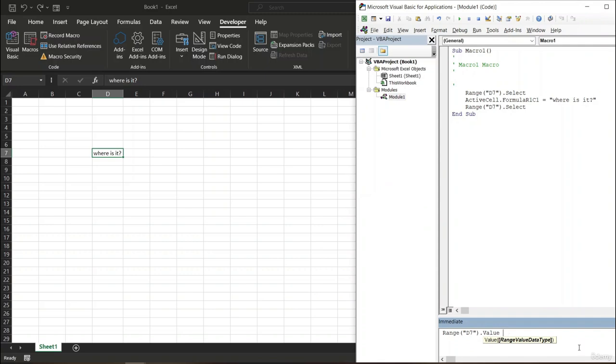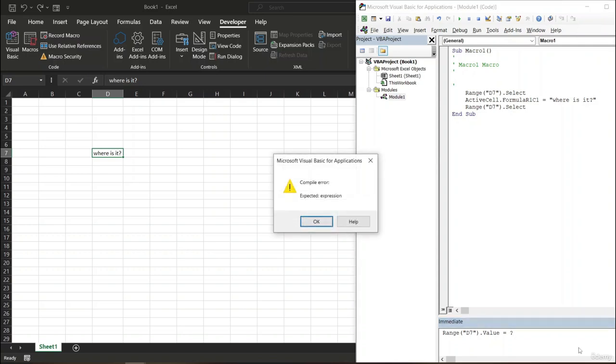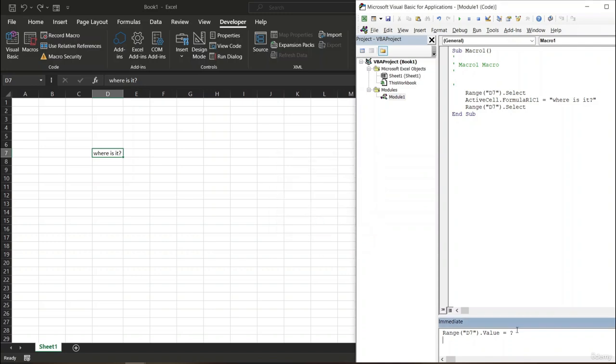And even if I use the equal sign, and then if I don't apply any value, or if I apply just a question mark and then press enter, you can see it says compile error as well. So we're not going to keep it like that, we're going to add something. So I'm not going to add any value here or the question mark. What I'm going to do is I'm going to take the question mark and place it in front. Okay, once I place it in front, and then